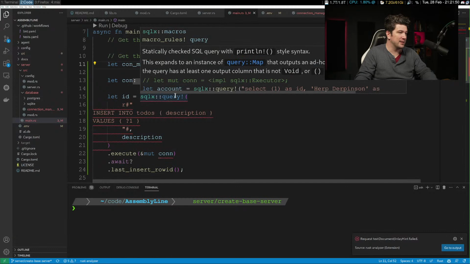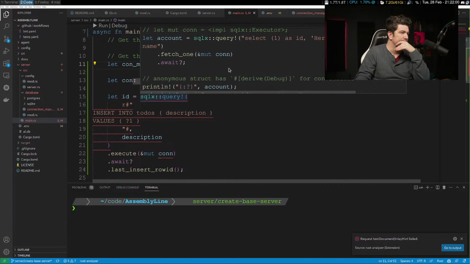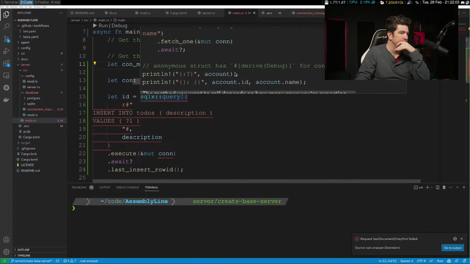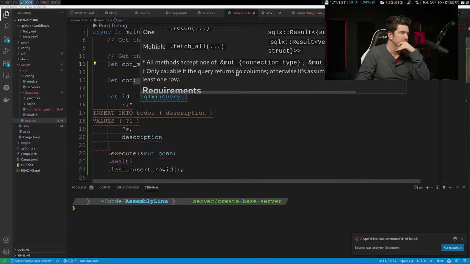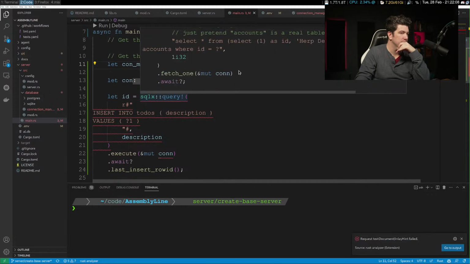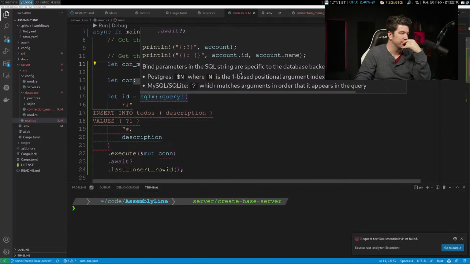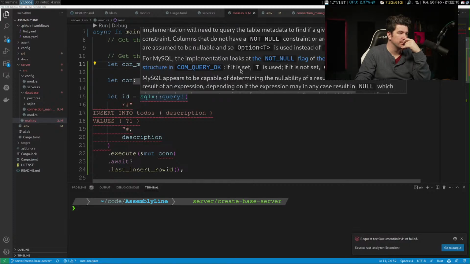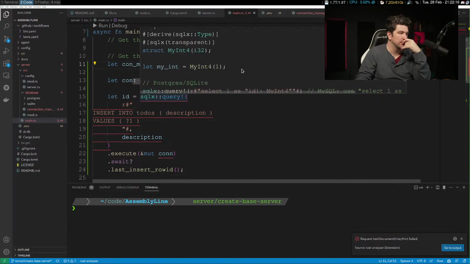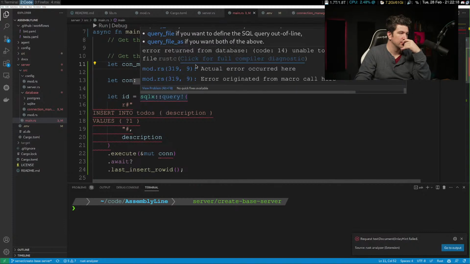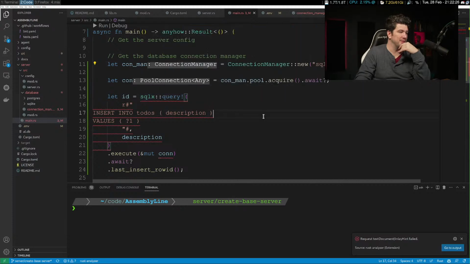And that's going to let it connect. Ah, error return, unable to open database file. Okay.